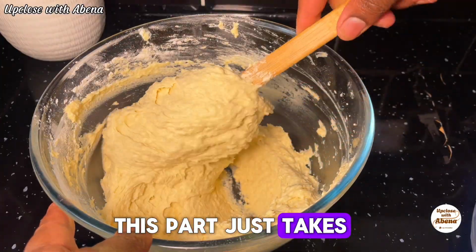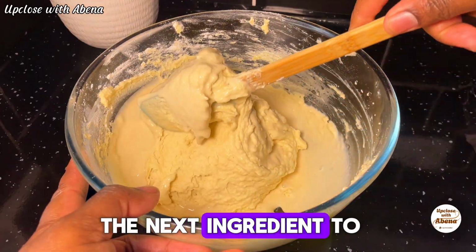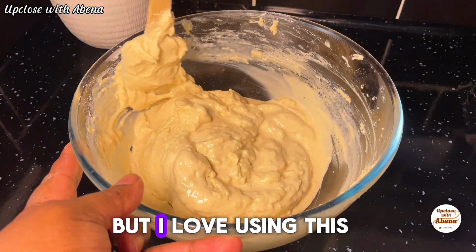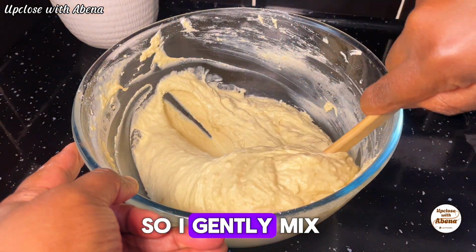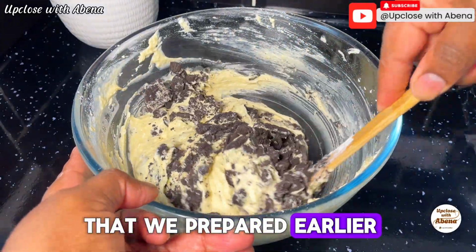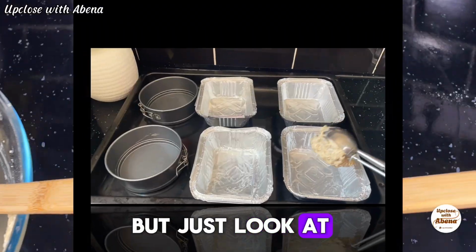This part takes a minute or two, just enough to combine everything together. The next ingredient to add after mixing is half a cup of evaporated milk. You can use your preferred milk, but I love using this milk because of how rich and creamy it makes my cake. So I gently mix that in until everything is beautifully incorporated. And our final ingredient to add is our crushed Oreos that we prepared earlier. So I'll just add them in and fold gently until everything is evenly distributed throughout the batter. But just look at how good